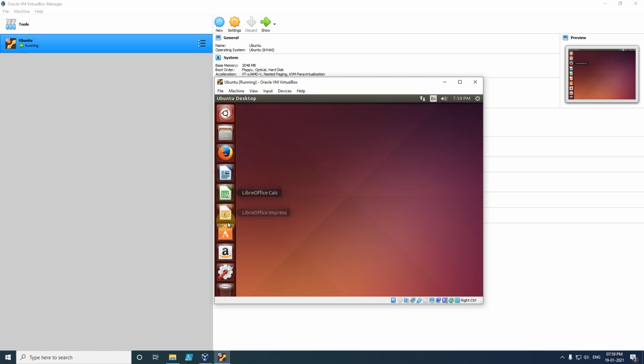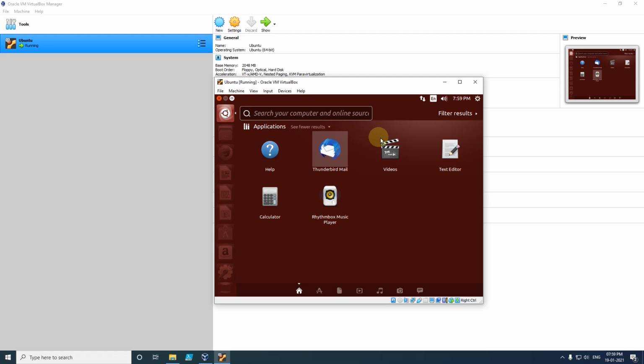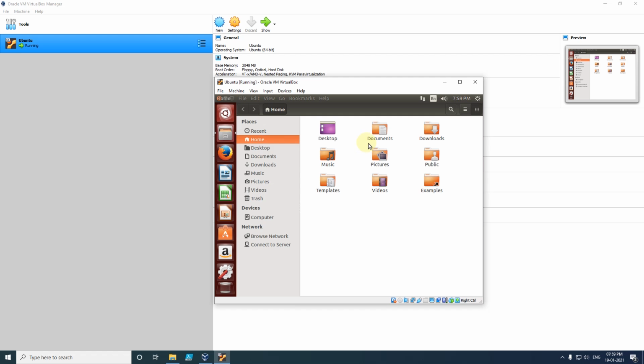Here you can see on the left side we have all the options. In this one you can search all other utilities available in Ubuntu. After that we have file system here. In this one you can see all the files and folders available under this Ubuntu.